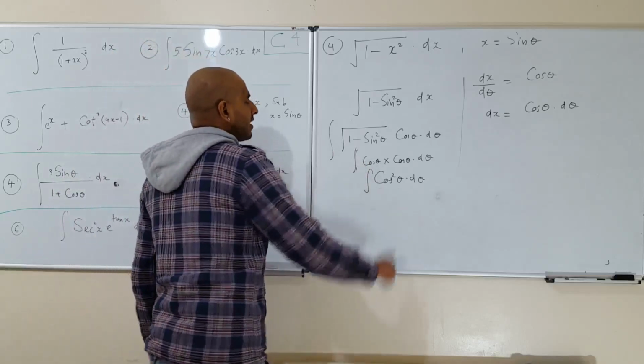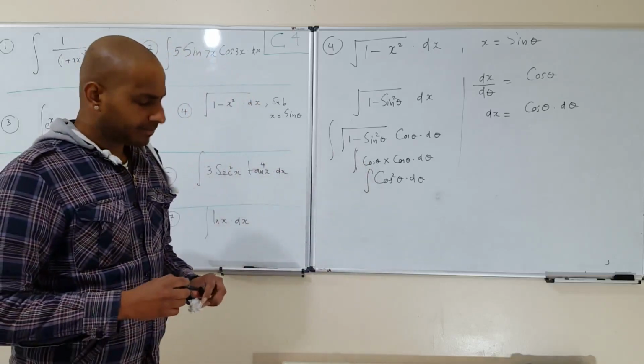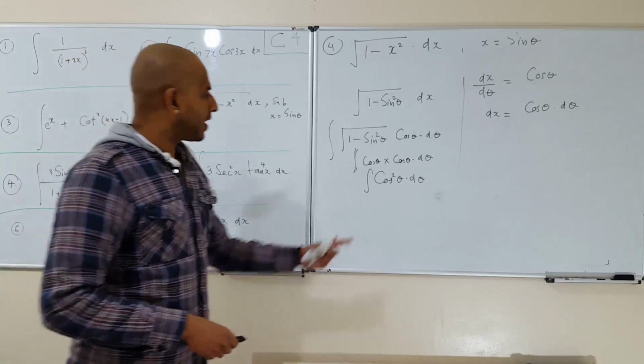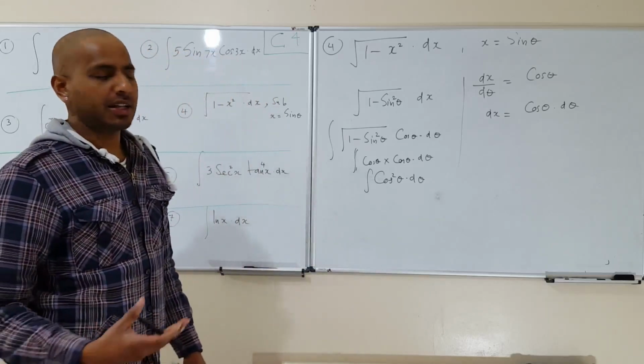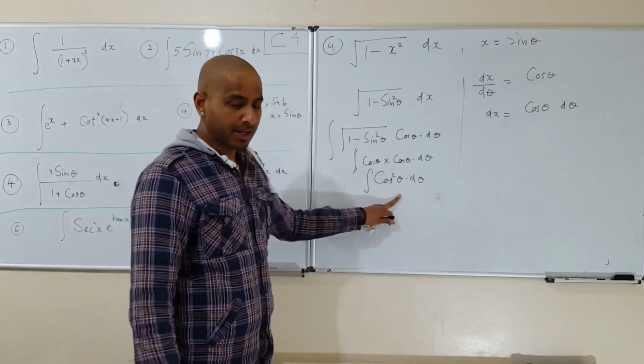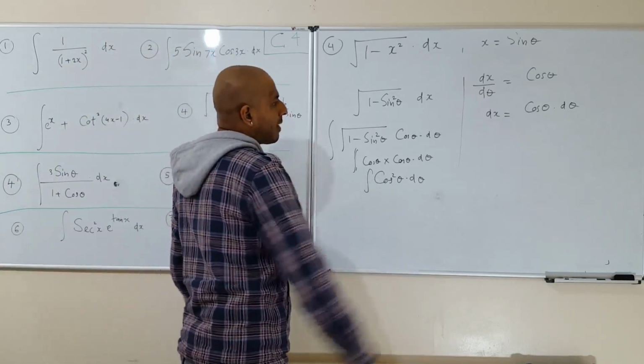So cos squared theta, again, it's not a standard integral. It's not given in the booklet. However, we know the integral of sine theta, cos theta, that kind of stuff. So we can use the double angle formula to rewrite this one in the format of